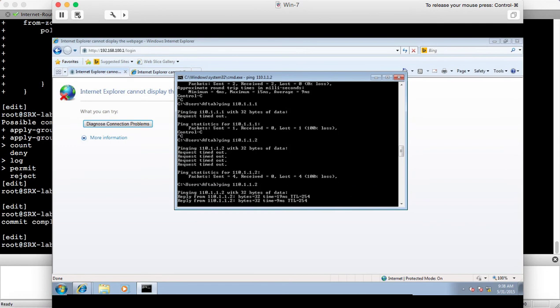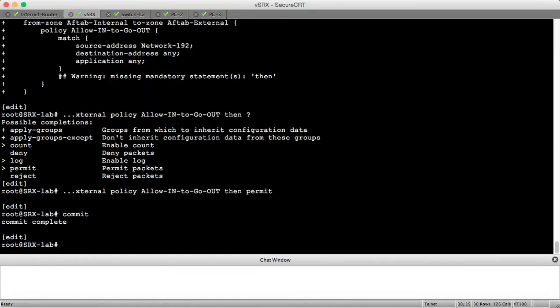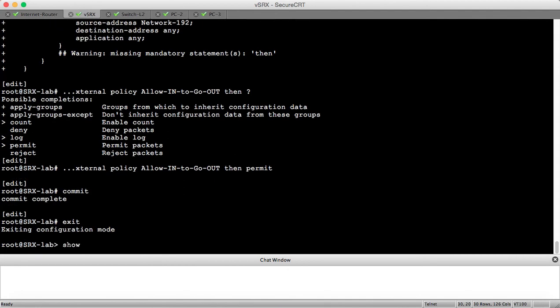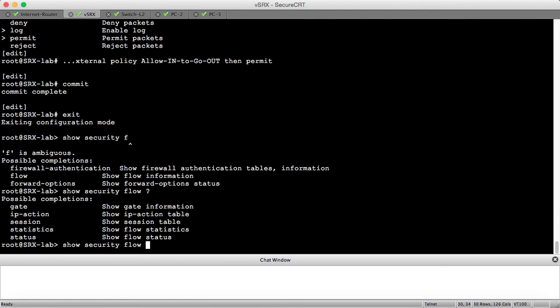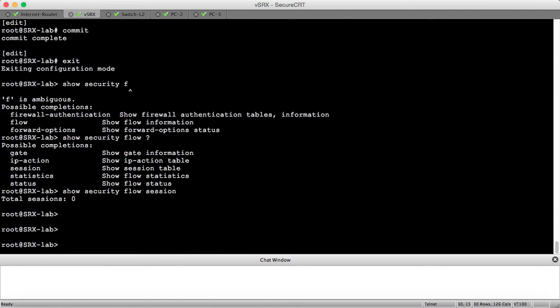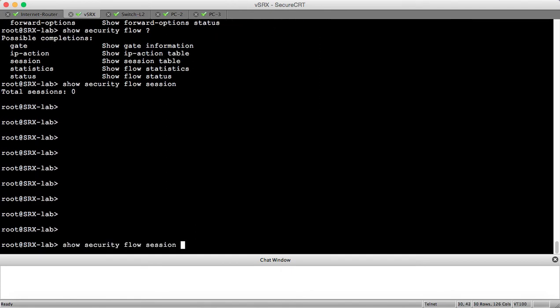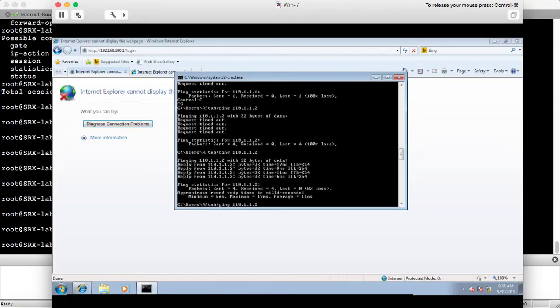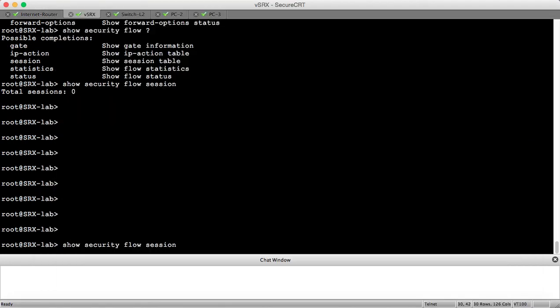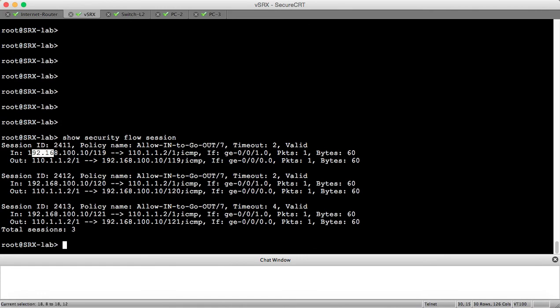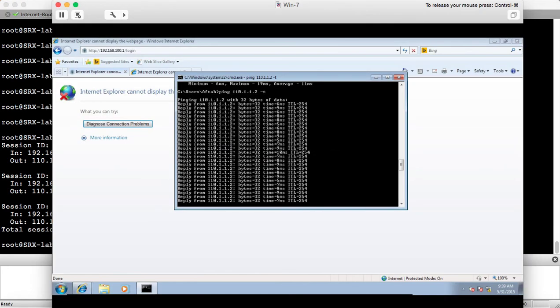Earlier I could not ping it, now I can ping it, right? But if I look at this, show security flow session, right? Let me create a continuous ping here to show you a little disadvantage with this sort of setup. Now that we are pinging it, and if I just say session, you can see the interface I'm getting with an IP address which is the Windows 7 IP, and the external IP is going out and in, right? Now we want to hide this address,